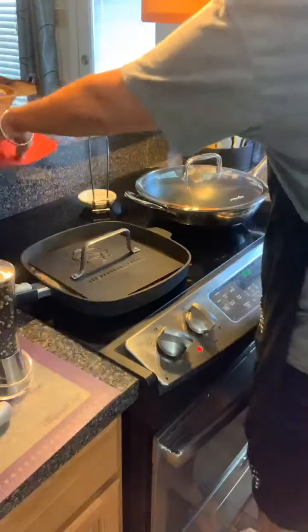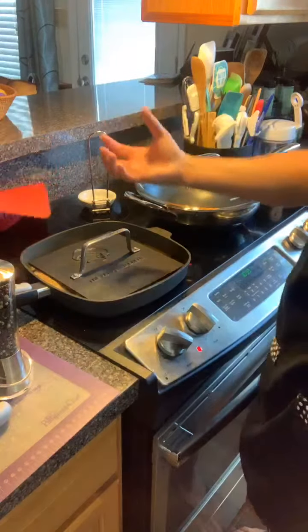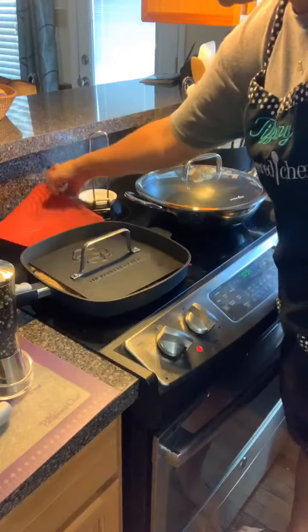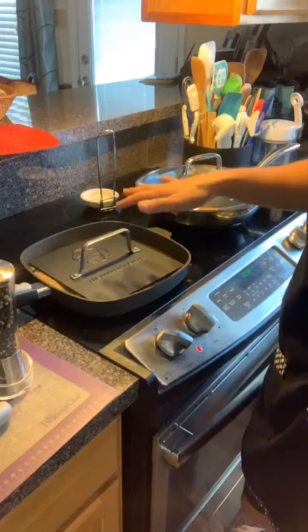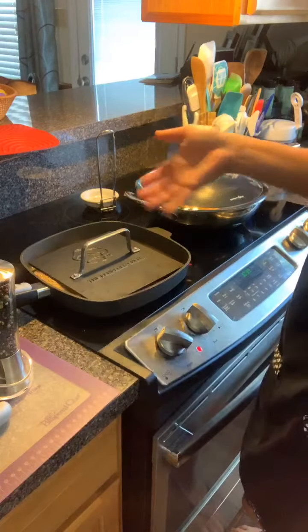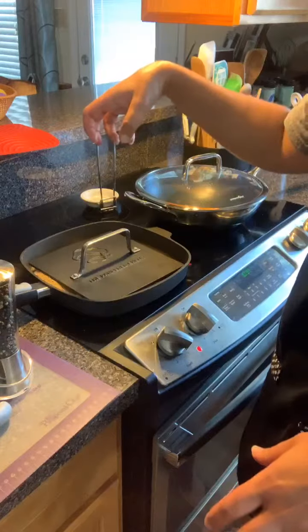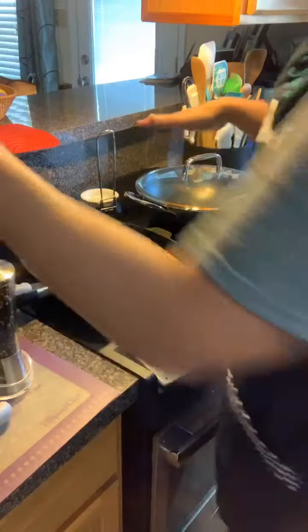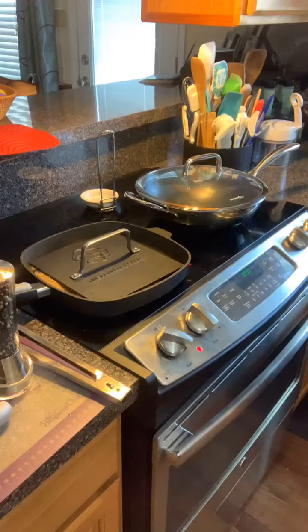The trick is with your chicken, after a few minutes that it's on here, it would actually create a suction, and once it goes through that suction phase and then it releases, that's when I'm going to flip it. So when I'm at a cooking show and I have other helpers standing around, I'd ask them to grab this press in a few minutes so they can feel that. But we'll just be using our tongs to flip these in just a moment. All right, so